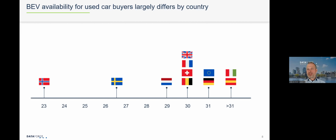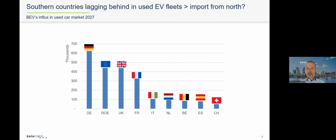Sweden, we expect in 26, 27, Netherlands in 29, and then the bulk of the countries will be in 2030, 2031, whereas southern countries like Italy and Spain, we expect that it will take longer for them to come back. And this is also what you will see on the last slide that I will show before we move on: if you go to the right side of the slide, you see that the Netherlands and Belgium have almost the same amount of cars coming back into the used car market as Italy and Spain. And this also might at some point be the case that we could see a